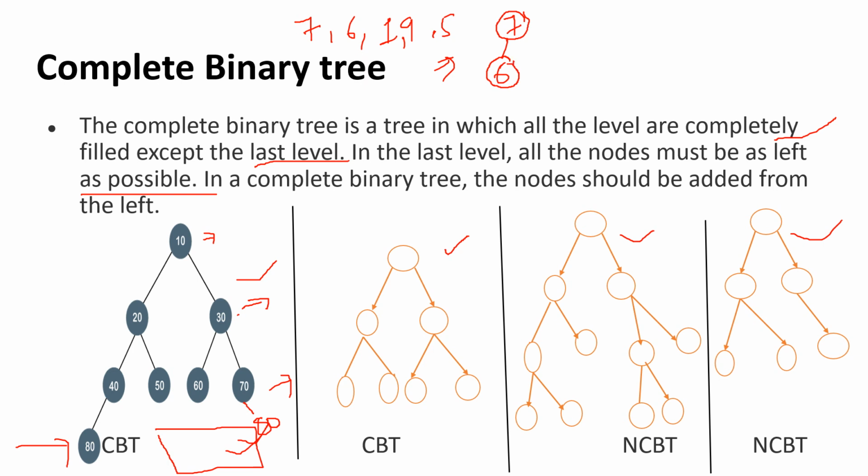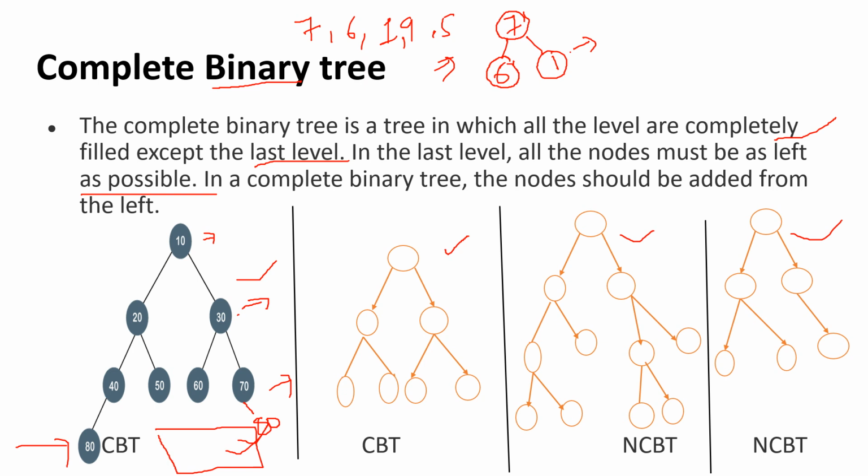Now the next element is 1, that is going to be inserted here. Why? Because we also have to fill the levels. And I'm learning here what a binary heap or binary tree is. Binary tree means that a node has a maximum of two children. A node has a maximum of two children, right?